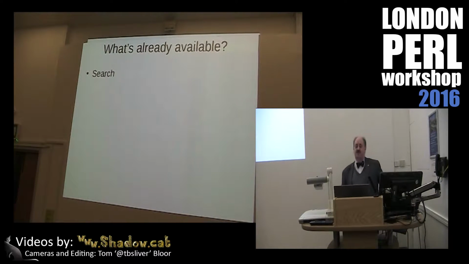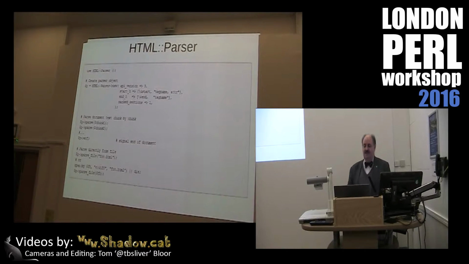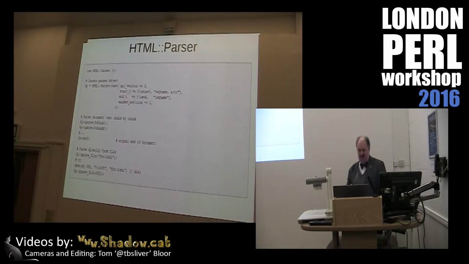Well, when you want to do something, you start off searching. And the first thing I came up with was HTML::Parser. Now, those of you who've listened to me before will know that I rant about documentation. And HTML::Parser's got this as its synopsis, and it goes into a lot more detail in the docs, but it doesn't cover anything that isn't actually in this synopsis, like what you end up with, how to get data out. So I'm sure I could parse with HTML::Parser, I just couldn't do anything with it. I couldn't find out how to.